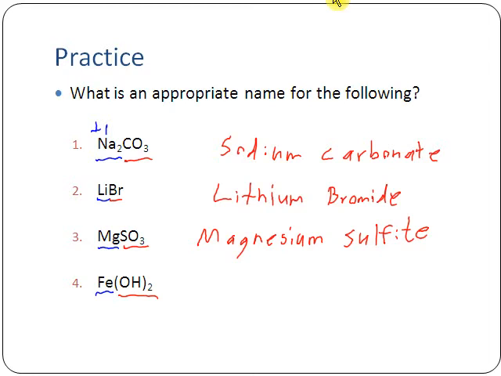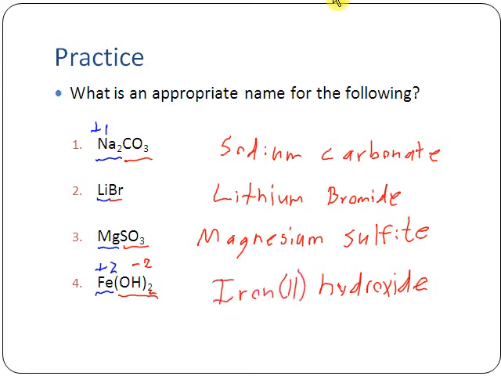OH is hydroxide. And so we can say just right off the bat here, we know the ending part of this is going to be hydroxide. But more importantly than that, we also know that the charge of hydroxide is -1. It says that on your polyatomic ion sheet. And since we have 2 of them, that gives a total charge of -2. To make this balance, that means that the iron has to be iron +2. And so since it's iron +2, that lets us name this. We now can say that this is going to be